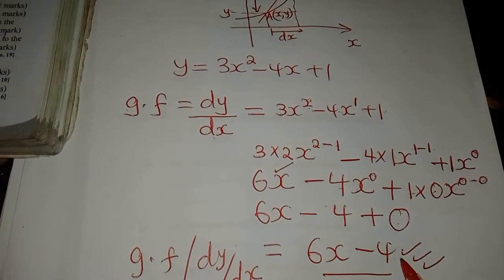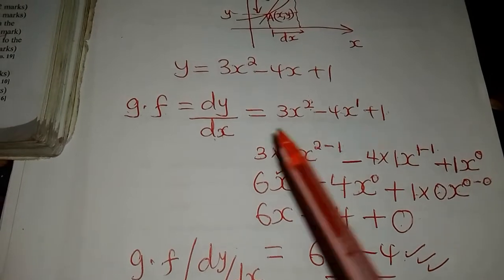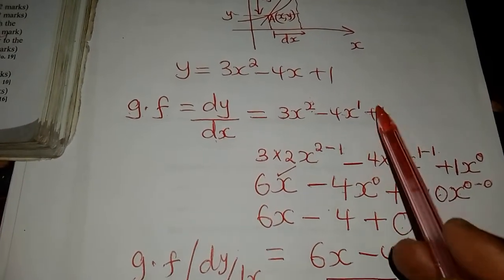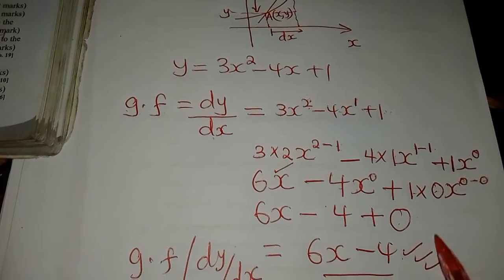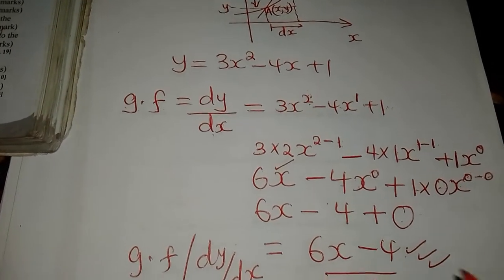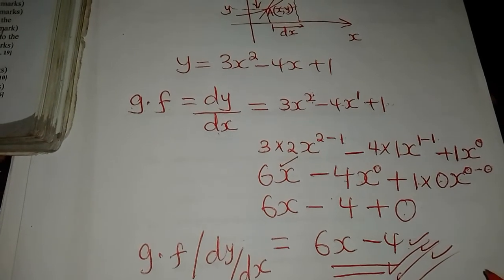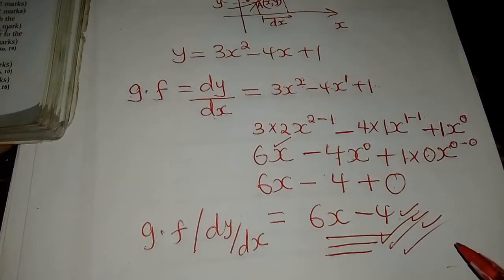So 6x minus 4. So when you are differentiating to get the GF or the dy dx, and you get a number that has no letter like x, just drop that. You see. Just drop it. Okay. So that is our gradient function or dy dx. Now, the next part